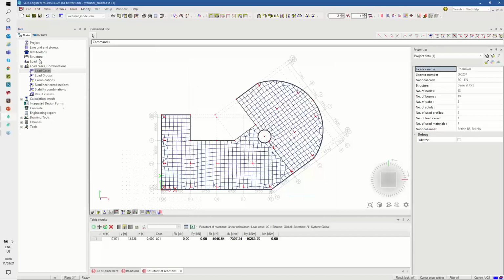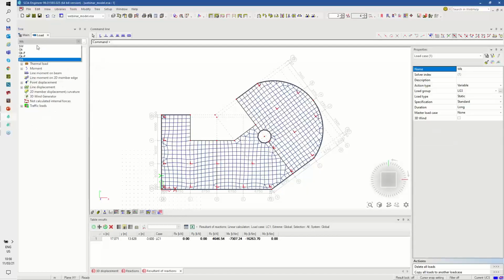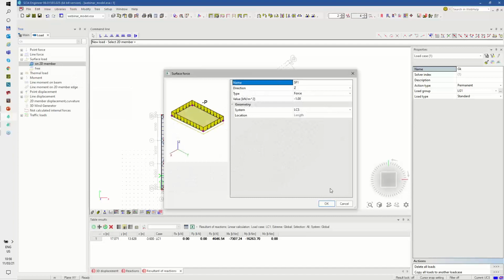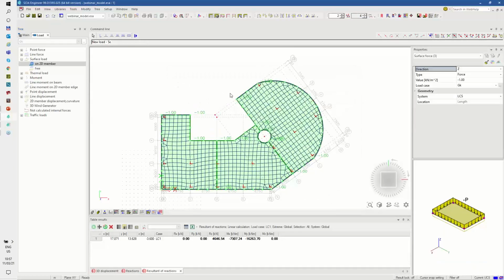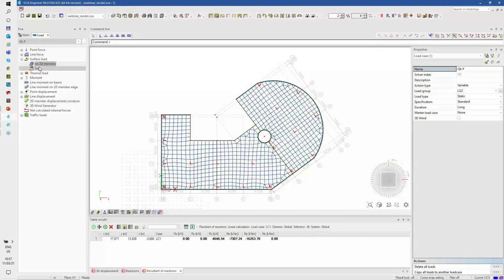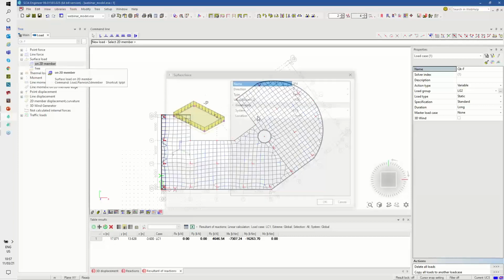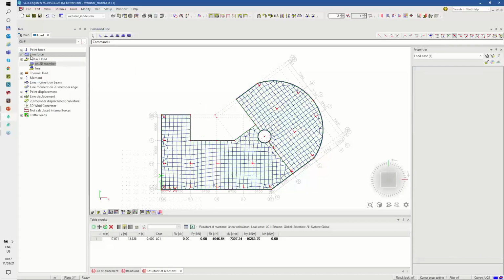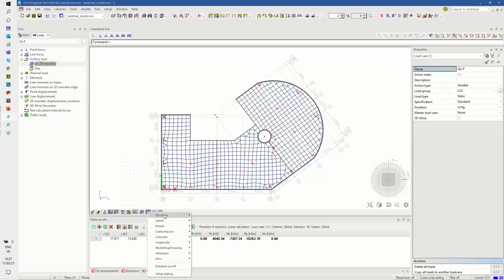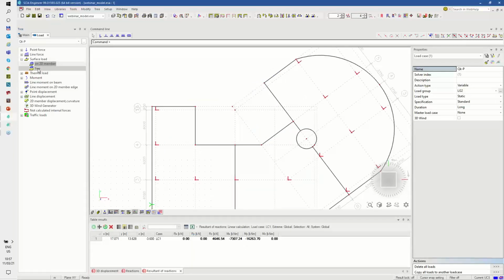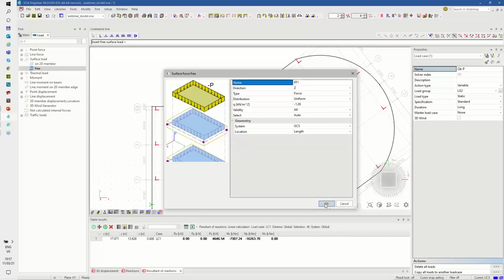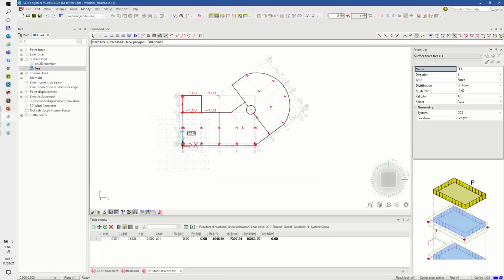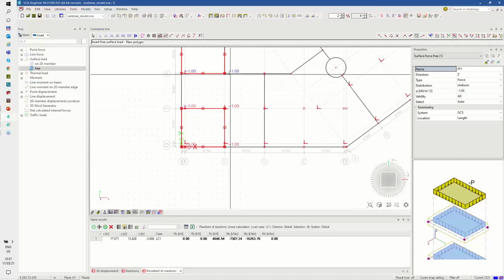So we have it. If we have load cases, we can also define the load itself. So first, the permanent load, I will use surface load with magnitude 1 kilonewton per square meter and quickly apply it. The same I will do with the full pattern of the variable load. I have it as well. For the load pattern number 2, I will define it by the free load, again with the same magnitude, but now I will define the load just on some part of the slab